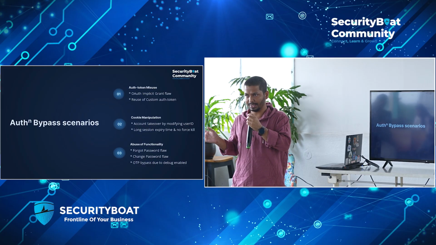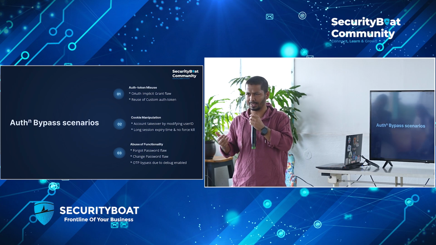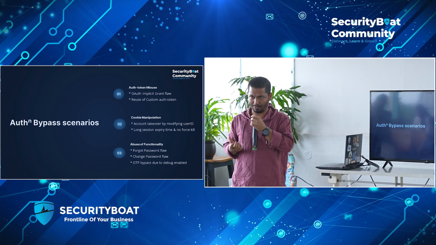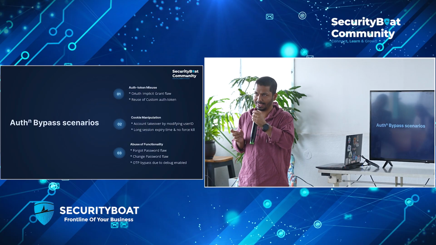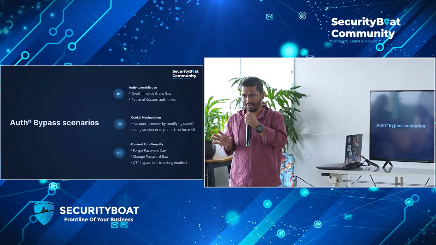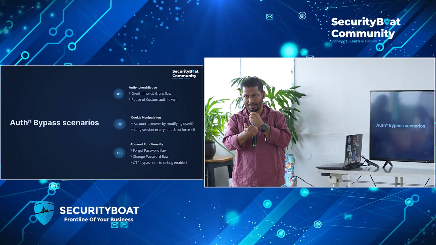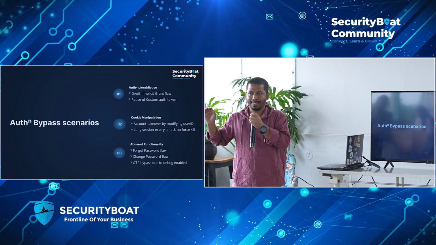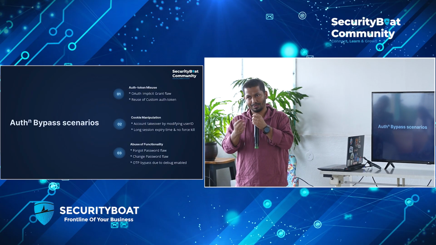If you do research on OAuth vulnerabilities, you see a lot of different vulnerabilities. Here, we are going to talk about the implicit grant flow. What happens in that is, for example, single page web applications where you give your username and password, there will be an auth server, right? It will generate the token and it will send it back to the client.